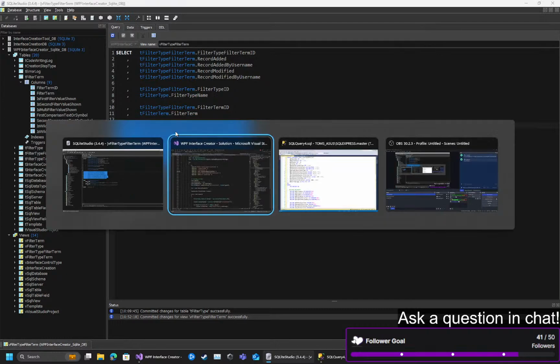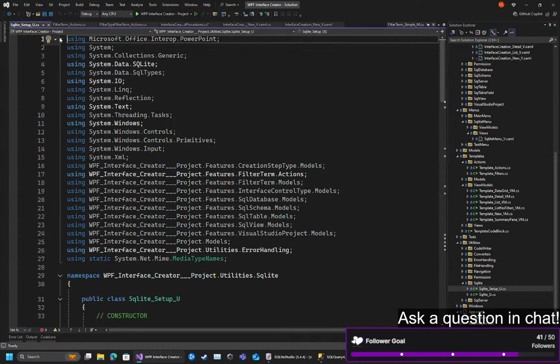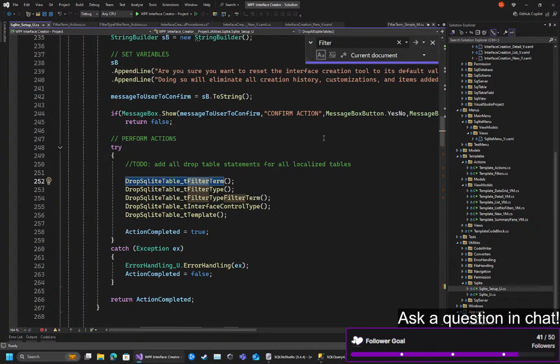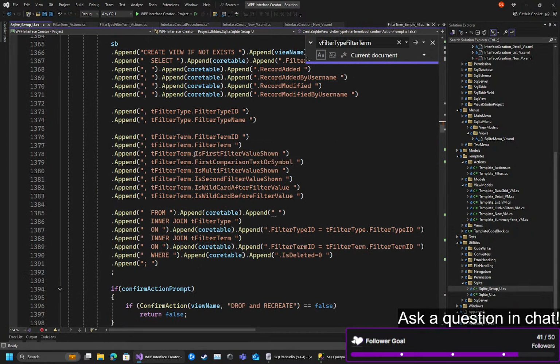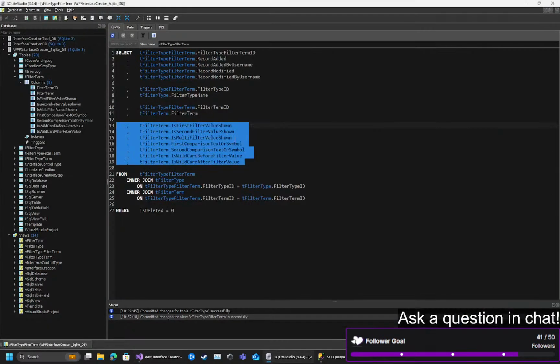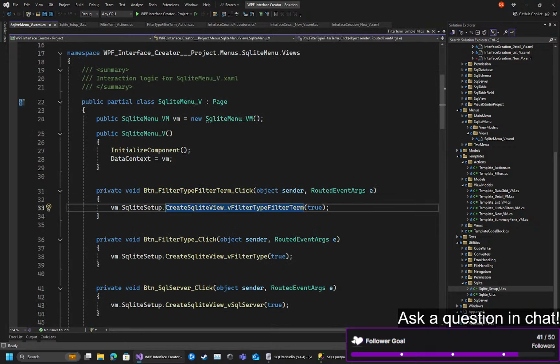And then let's go to the setup module to make sure that when this is set up on a different computer, it runs the same way. So we'll do filter type, filter term, and we're looking for a V, which is here. So actually this one would have created it the right way. So that's entertaining. Filter type ID, filter type name, filter term ID, filter, yeah, okay. So redoing it would have rebuilt it for filter type, filter term. And I think there's only one place that it gets called, which is behind the button,